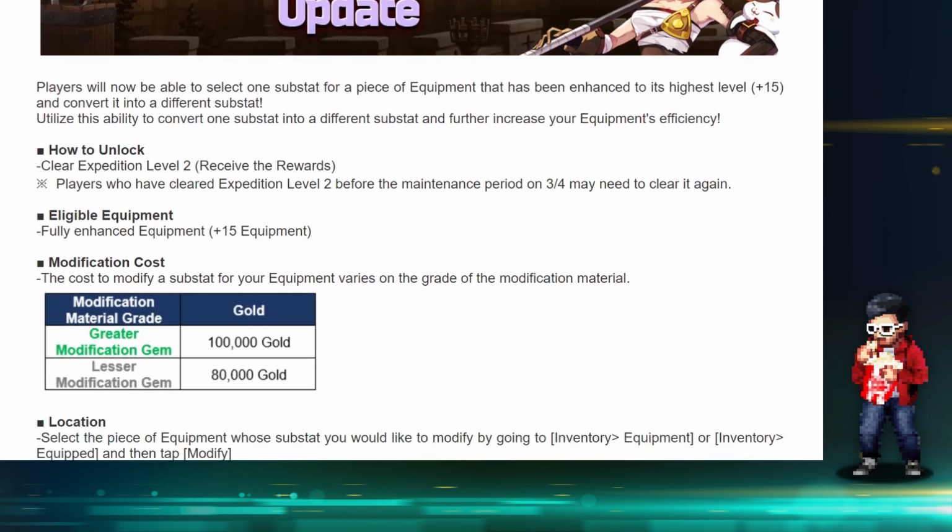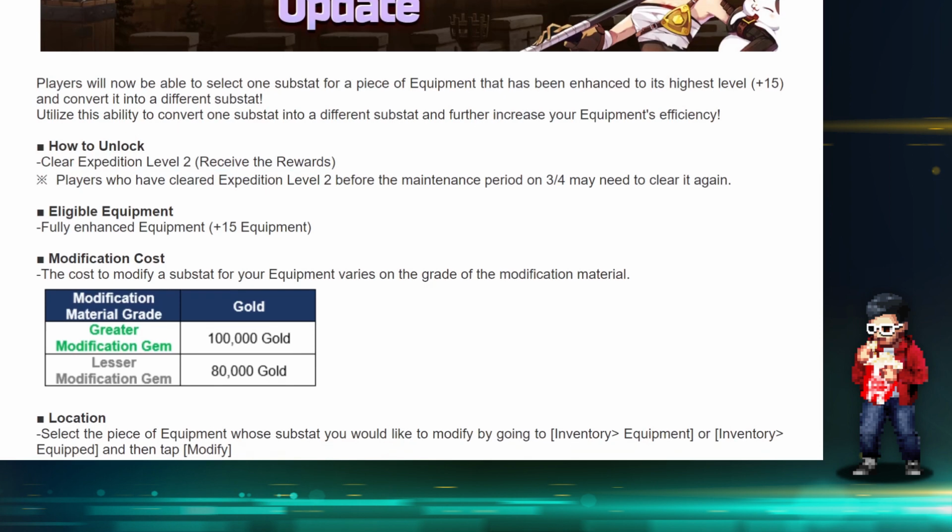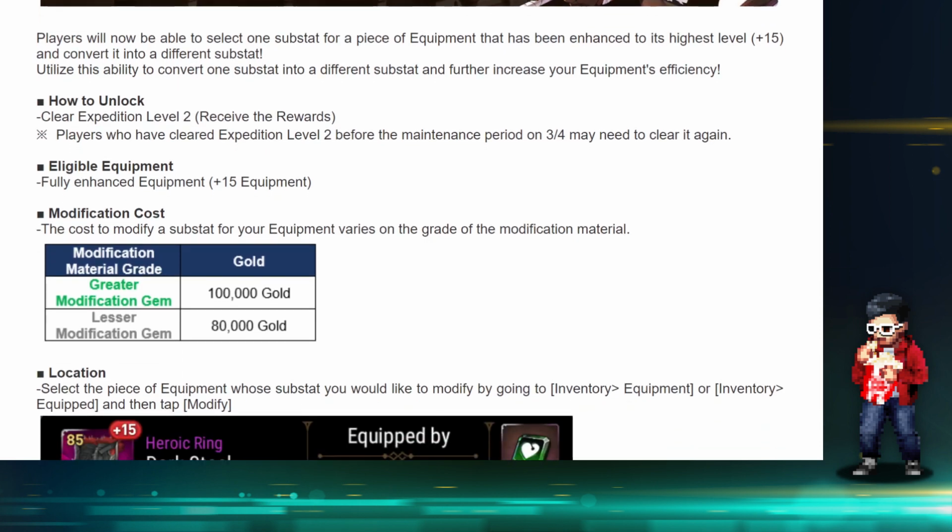So the last time I talked about this, we didn't have a lot of details. I had a lot of questions. I posed a lot of questions. We went on a lot of assumptions, and at least a lot of the stuff is cleared now. So you have to clear Expedition 2 to receive the rewards. The way they have designed it so far: lesser modification gem you get from Expedition 2, greater modification gem you get from Expedition 3. Expedition 3 giving you greater modification gems is overall the best bang for buck,